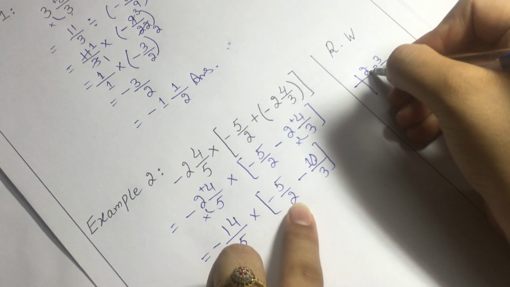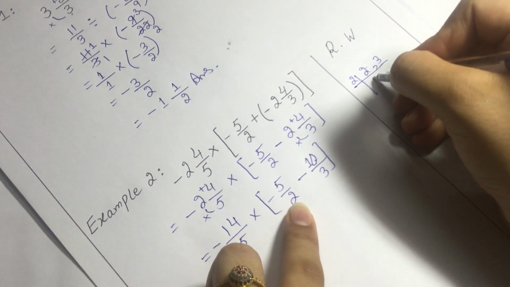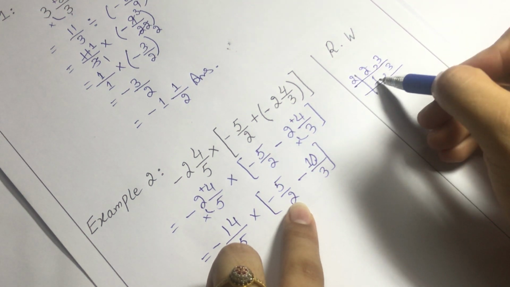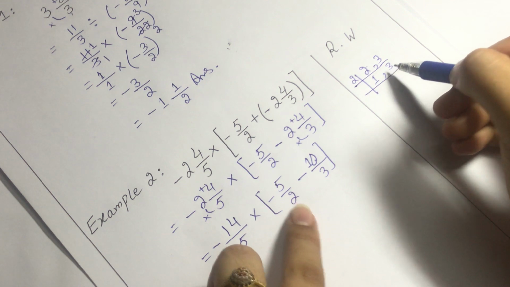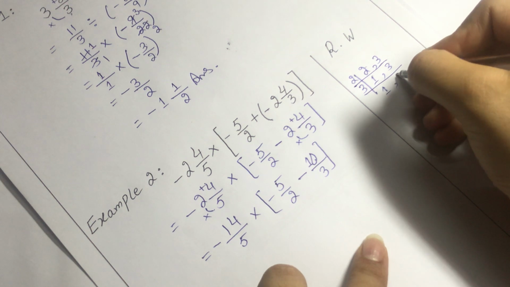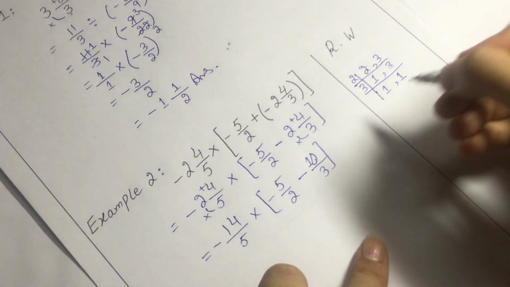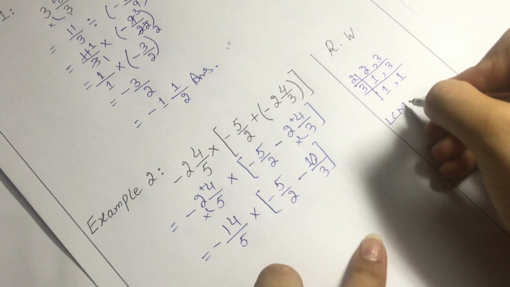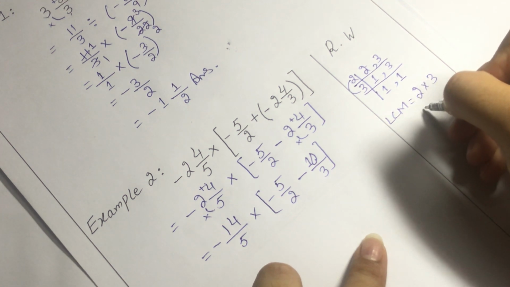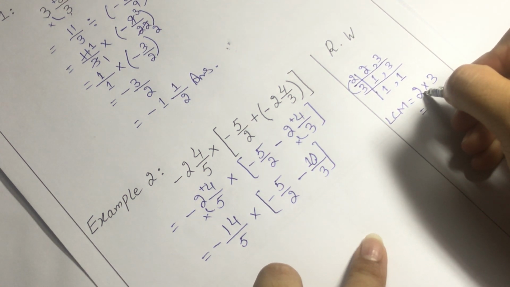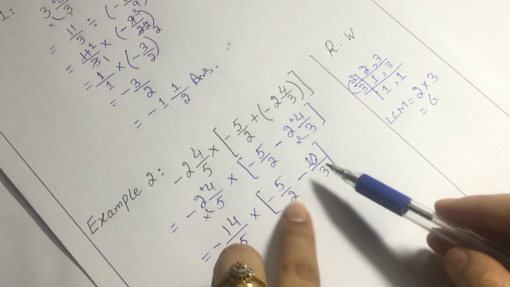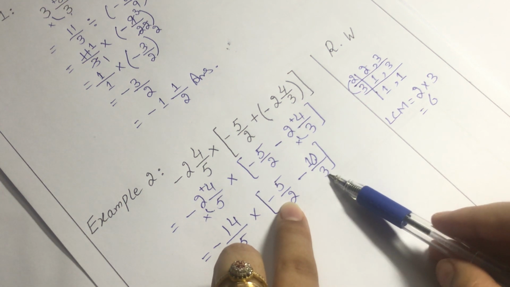So first we will divide with 2 and then we will divide with 3 because we always divide with the smallest prime number first. So 2 1s are 2, 3 is not divisible by 2, so we will write it as it is. Now 1 as it is and we will write 3 1s are 3, right? Now the LCM will be equal to the multiplication of these two prime factors. 2 3s are 6. That means the LCM of 2 and 3 is 6 and here the denominators also will